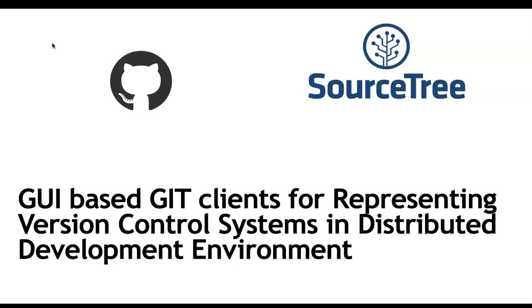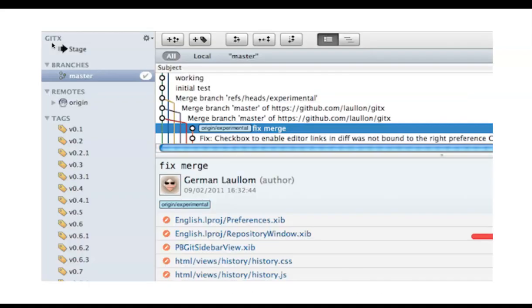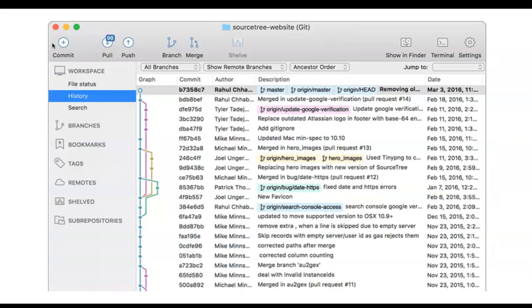These are two different clients: GUI-based Git clients for representing the version control system in a distributed development environment. This is one client which works on Windows or Mac. It is a separate application where you can represent the website. To make it simple, I am calling it a website, basically the web-based repository in your system. You need to use either Git client or source tree.